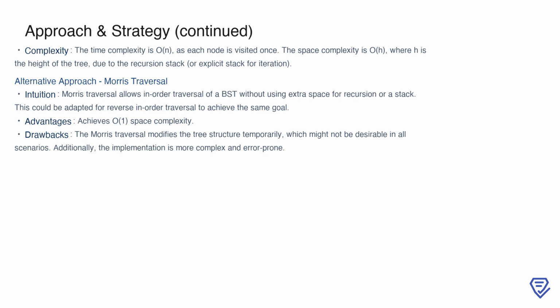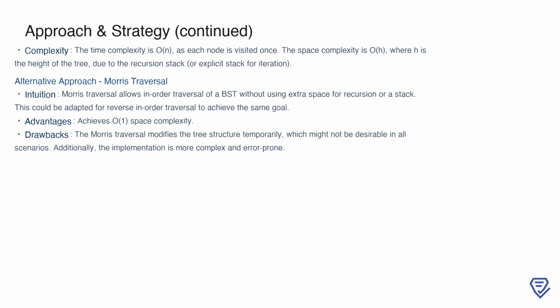Now, an alternative approach worth mentioning is the Morris traversal. This technique enables in-order traversal of a BST without using extra space for recursion or a stack. By adapting Morris traversal for reverse-in-order traversal, it is possible to achieve the same goal of transforming the tree into a greater sum tree. The primary advantage of Morris traversal is its O(1) space complexity, as it avoids the need